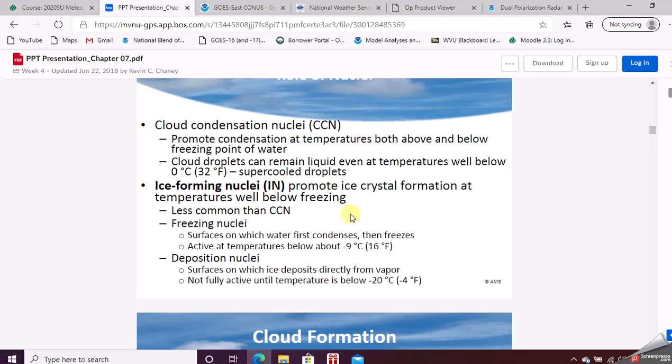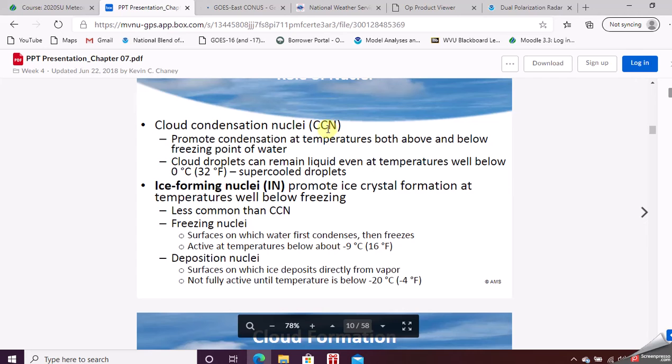So you would think you'd never see ice in the sky. I mean, really, to freeze, if there's nothing else helping it, water vapor has to get to minus 39 degrees Celsius. That's cold. So there is something else.